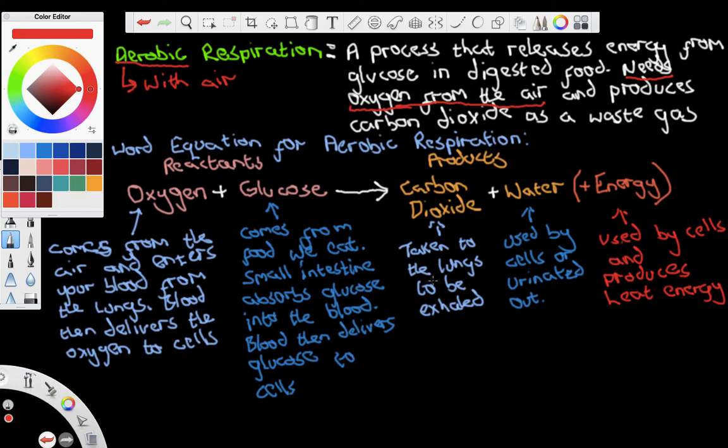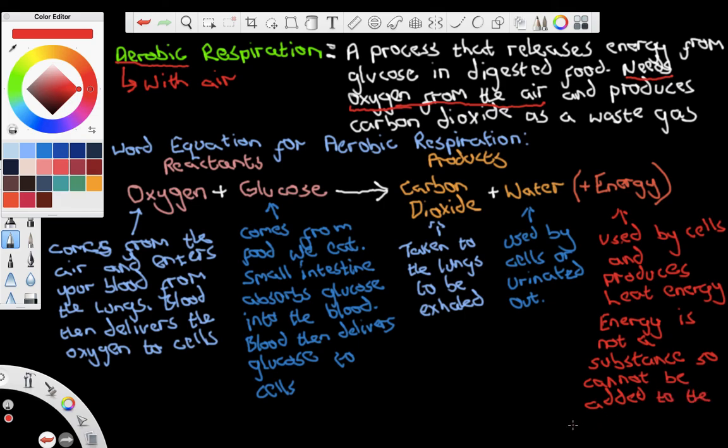Okay? At the same time, I am going to add here as well in red that energy is not a substance, so cannot be added to the word equation. Okay, so